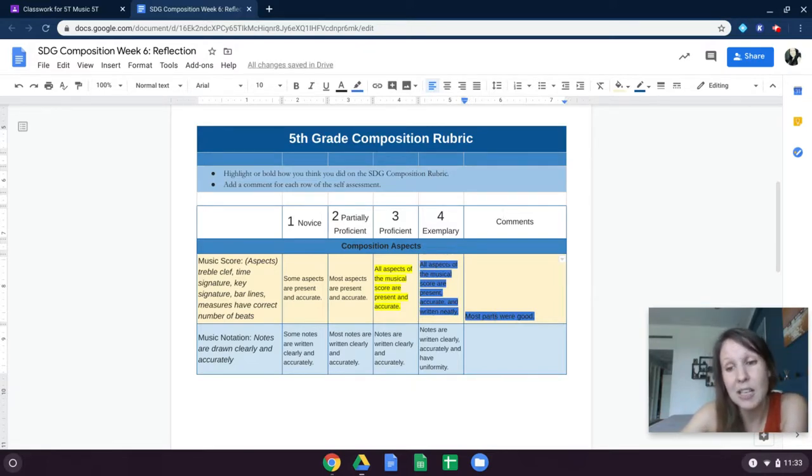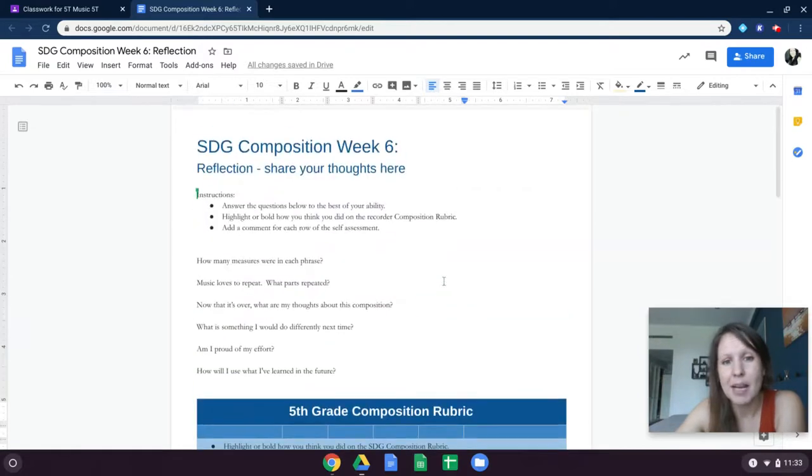So you do it and send it to me, and then I will respond to what you send, and then you can see what I was thinking for your composition as well. Email me if you have any questions, as always, but I hope I showed you how to find the document. Once you're done, please make sure you hit submit, so that I get it, and then I can respond to it.